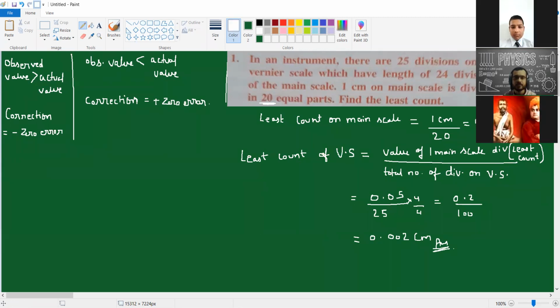We can also remove the decimal point, and there will be 5 upon 2500. Then we cancel 5, and it will become 1 upon 500. But it's a bit tedious. So what I have done is reduce the calculation, and it has become very easy. We do not need to assemble zeros and then cancel the common terms. So all that time and work is saved.